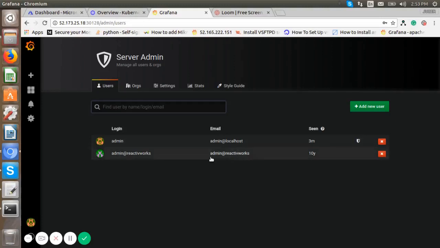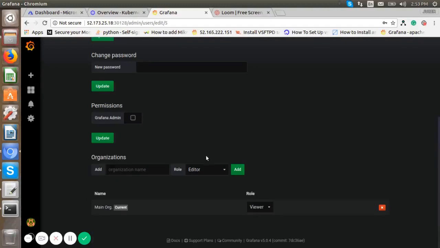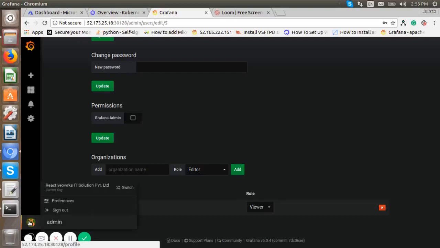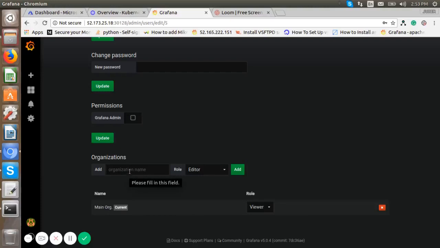But check the organization. The created user's organization is the main organization. Now we need to add the user into the ReactWorks organization. That's why we need to add the organization for this user, ReactWorks IT Solution Private Limited. The role is admin.